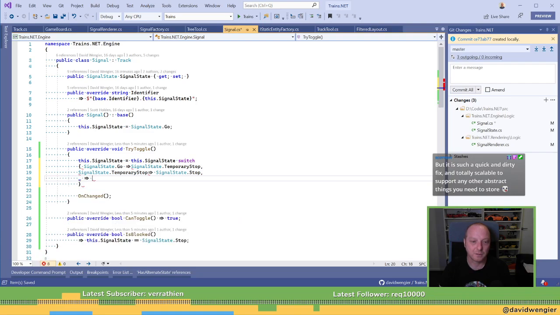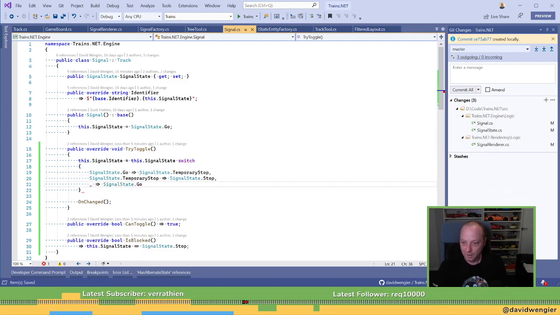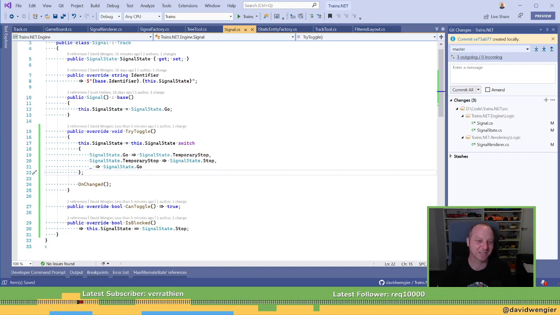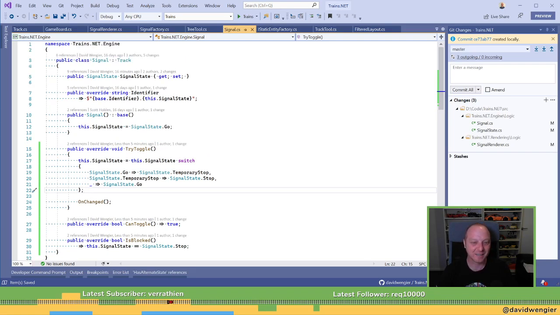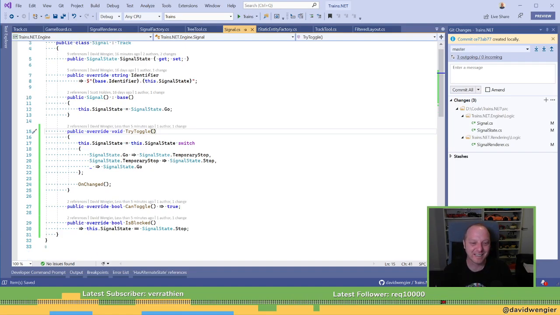And otherwise, it's go. Such a quick and dirty fix and totally scalable. Yeah. Ugh. I mean, I could just have an IStorable. Like, an IEntity could inherit from IStorable. That doesn't have to be so disgusting, does it? Okay. So toggle now doesn't toggle, which is ace. That is not equals go.